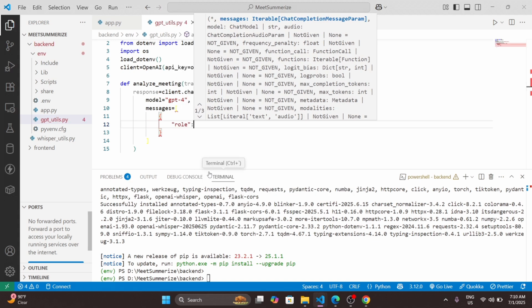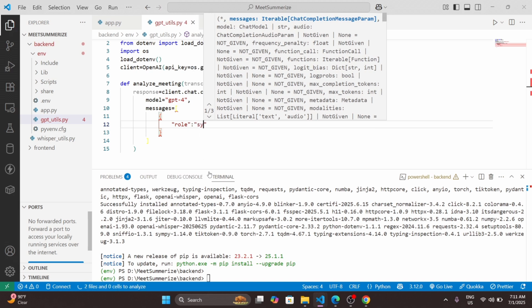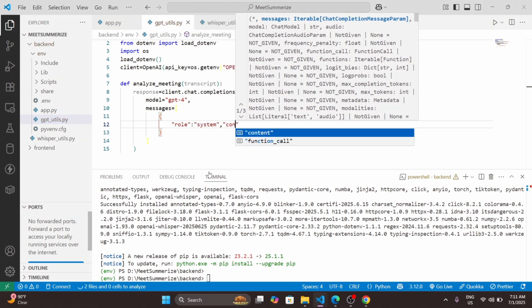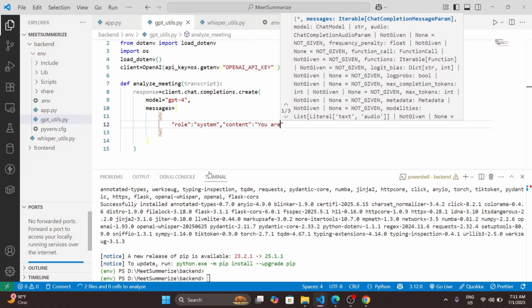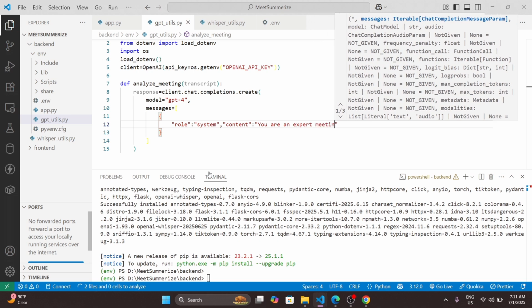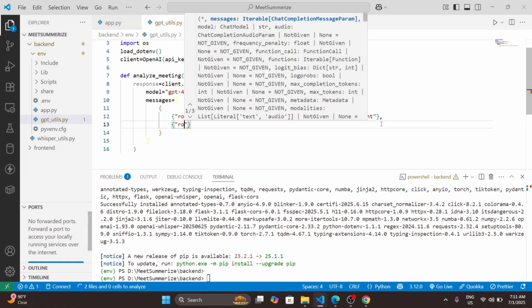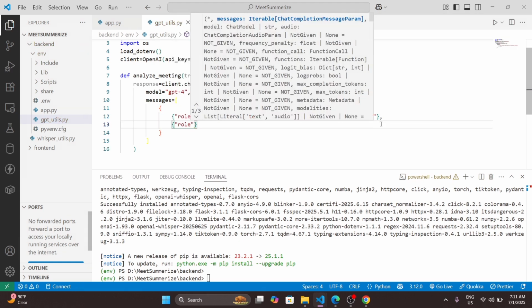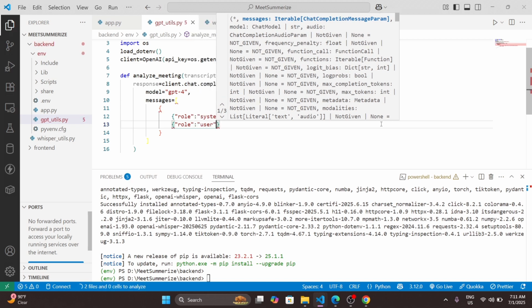Here role is system, then content is an expert meeting assistant. And role we can say user, and